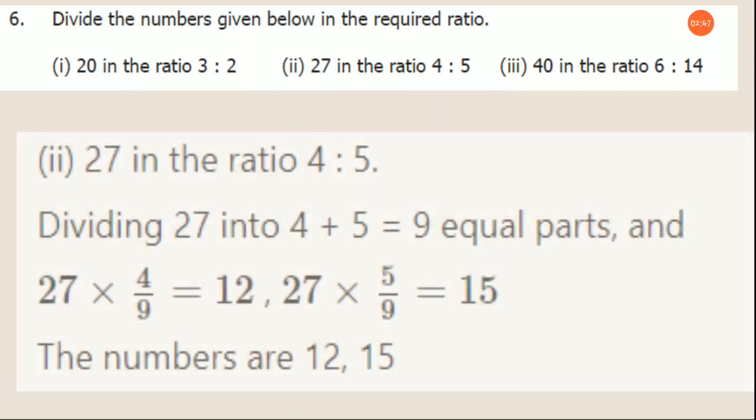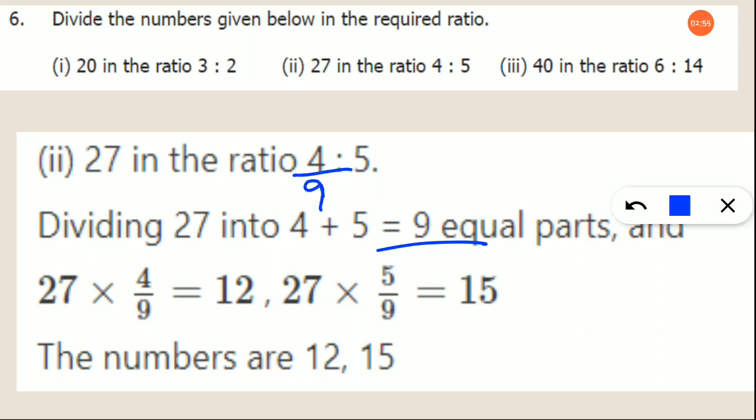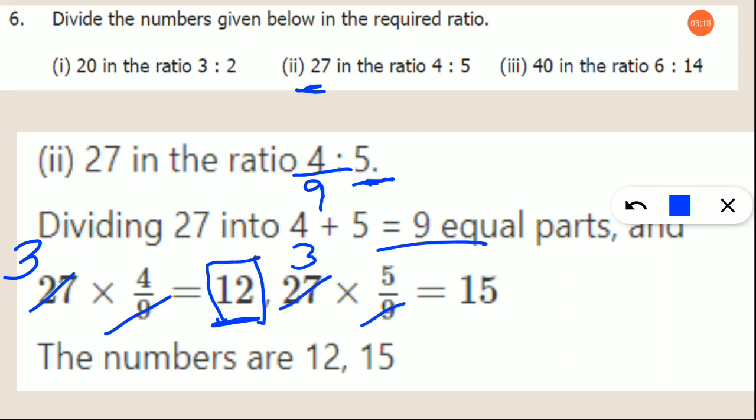Okay. Now, what do we have to do? You have found the equal parts now. After that, the term divided by the total, multiplied by 27, will give you one number. So 27 into 4 by 9 will give you, you can cancel this and write it as 3, so 3 4s are 12. We have this answer. And then 27 into 5, the other term is 5. 5 by 9 into 27 will give us, again cancelling, 3 into 5, which is 15. So the number 27 is split up into 12 and 15. This is the 4 parts and this is the 5 parts.